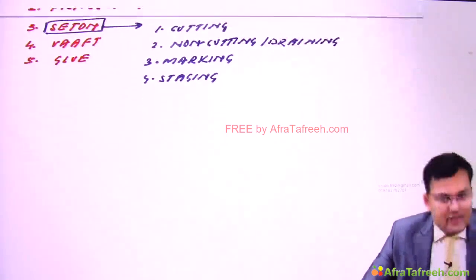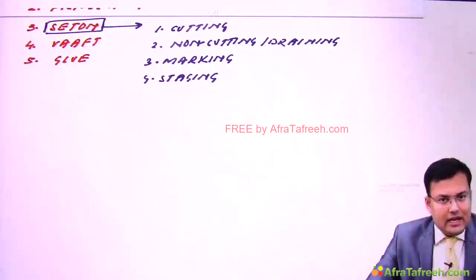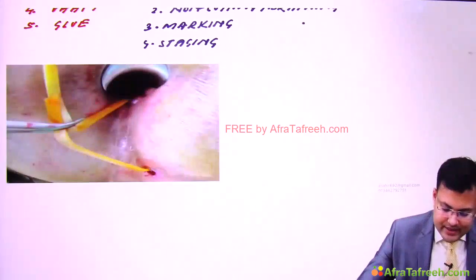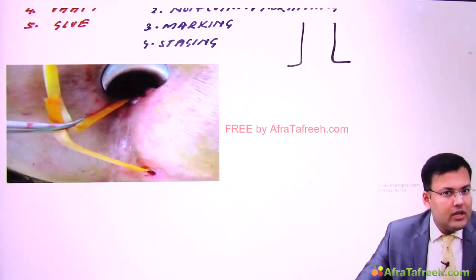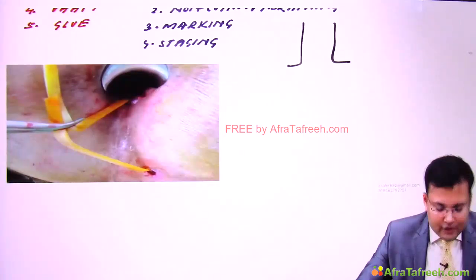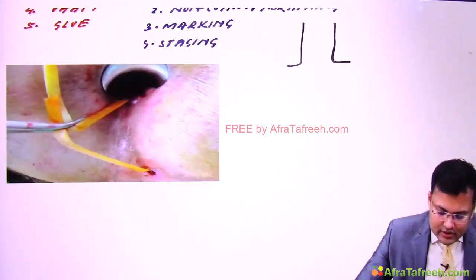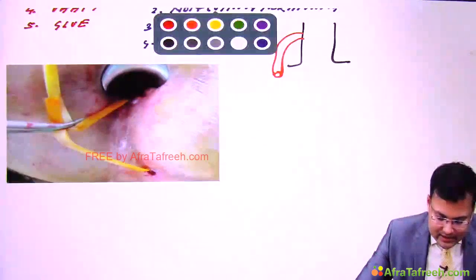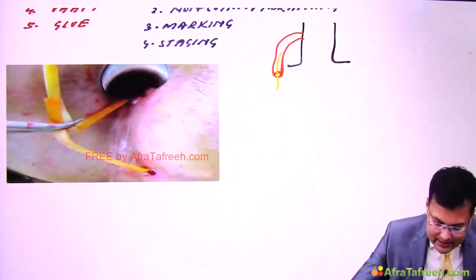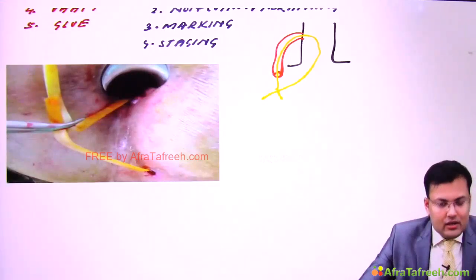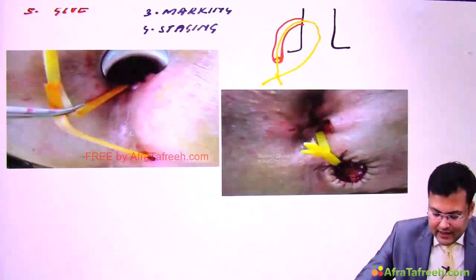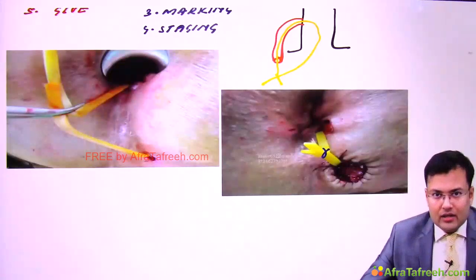Okay, how we insert the Seton, how it looks like and how it works, see. So in this picture, can you see? We used a rubber band as a Seton for the fistula. So see the diagrammatic representation. This is the fistula and I inserted this yellow colored rubber band like this. And I took out both ends like this and then I'm going to tie the knot. So here you can see this is the final appearance.